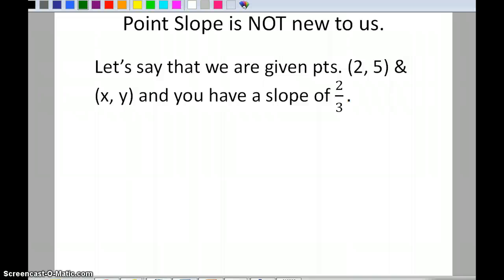Well, slope. We use the slope formula. The slope formula tells me that m is equal to y sub 1 minus y sub 2 over x sub 1 minus x sub 2. So we're going to plug in all the values that we know. Now in this case, I've got the point x and y. So we are going to say, well, what's my slope? Well, that's 2/3. So 2/3 is equal to